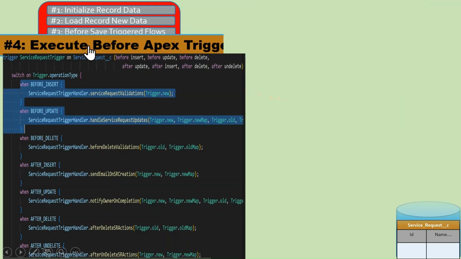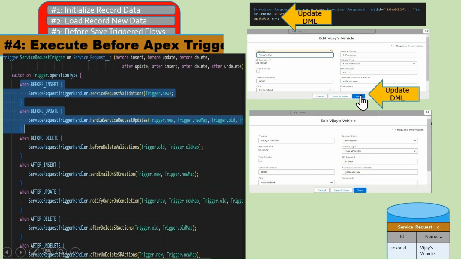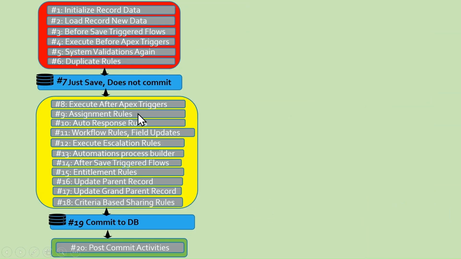Similarly, in case of the update DML, once the user clicks on the save button, as part of this step 4, it tries to identify the before update event logic and it executes the before update event logic if it finds one for that object. Please note that if there are any validation errors that we have identified over here in before insert or before update event logic, then it stops the further order of execution here at this step itself. If there are no validation errors, then it continues to the next step, that is step 5, which is